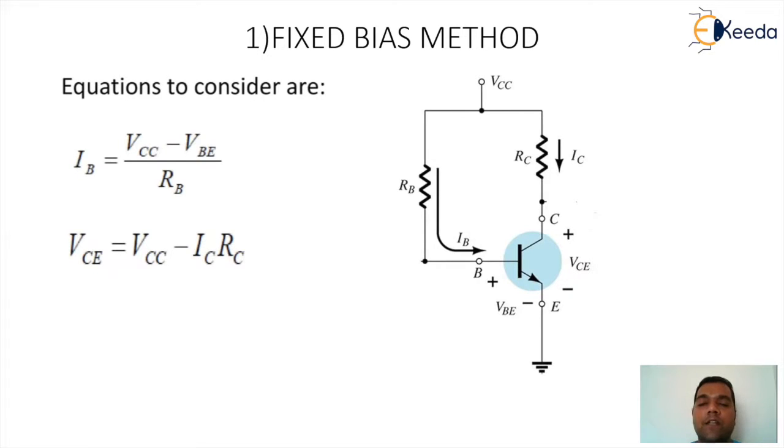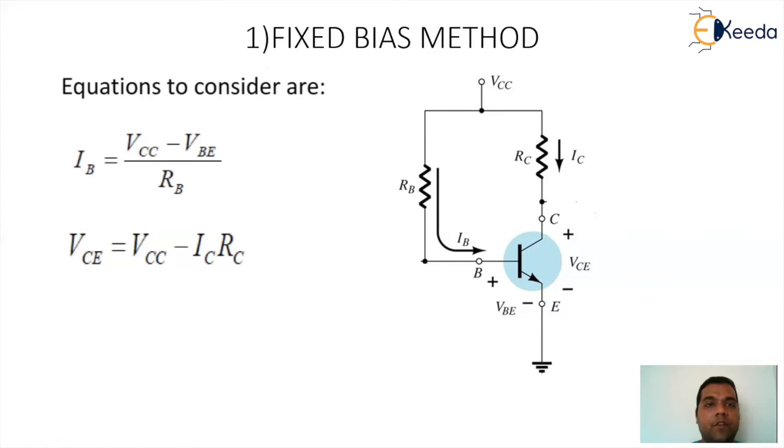If you observe the device configuration carefully, it is the fixed bias method, where we have a single battery and two resistances, RB for the base side and RC for the collector side. The emitter terminal is directly grounded. The current flowing on the input side is defined as IB and the current on the output side is defined as IC. The input voltage here is VBE and the output voltage is VC.